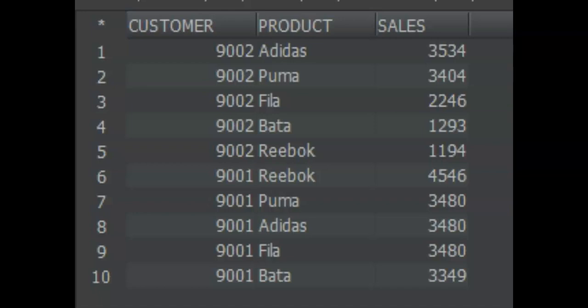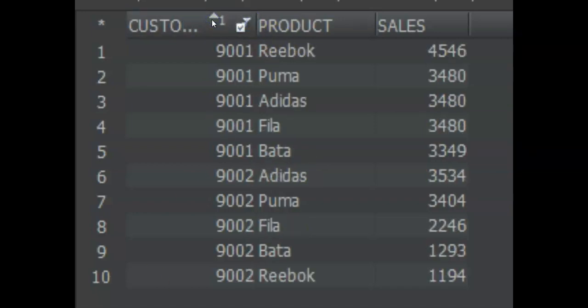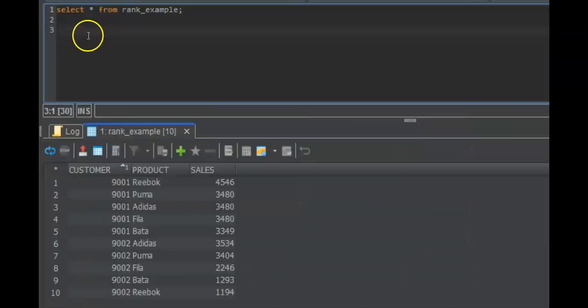You would notice that we have exactly the same table that we discussed in Excel. It has still 2 customers, one is 9001 and another one is 9002, and all the 5 products and the respective sales. Let's now create ranks basis row number first. As you saw, we have a table with the name rank example, and we will create rank in the same